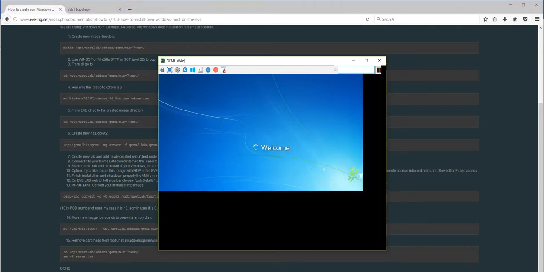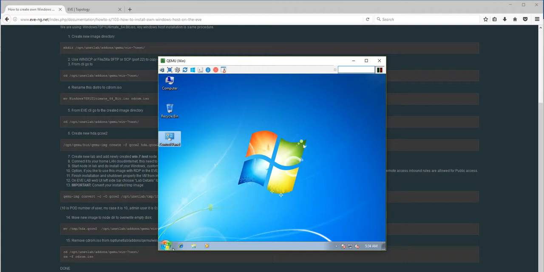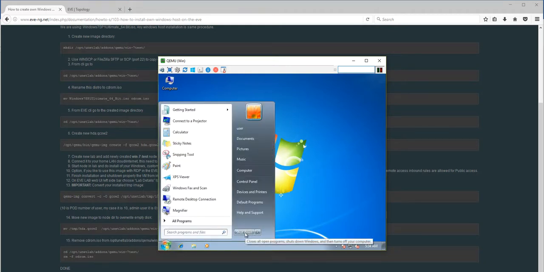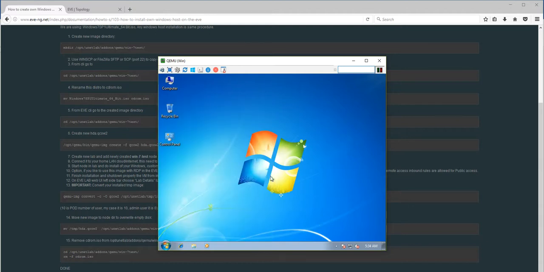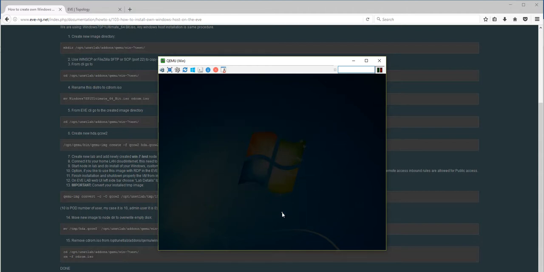So I'm logging back into Windows from VNC, and I'm saying shut down. This is important, guys, because if you simply power off this machine, on the next boot it will say let's boot from safe mode and so on. So it is an important point that you close it properly. So force, yes, shut down.